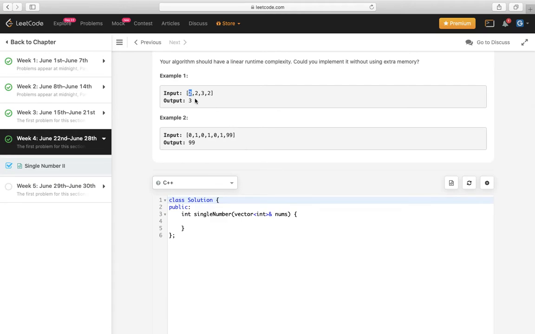Like in 2, the bit representation is 0 1 0. So if we add every bit of the 2, then we can find that the second bit is 1. So we can add 1 plus 1 plus 1, that is 3, that is a multiple of 3.